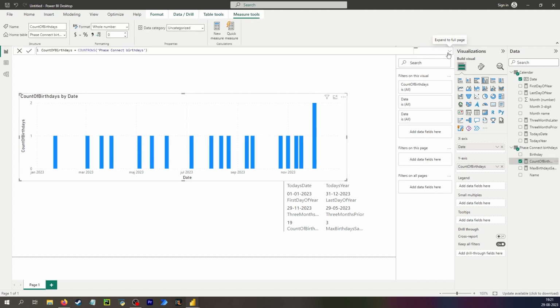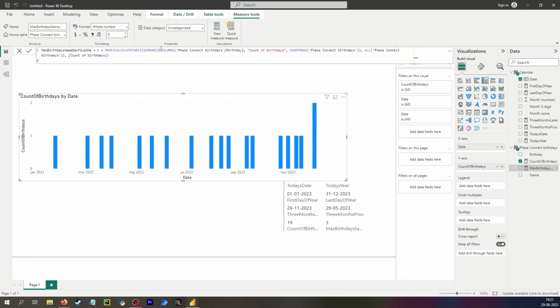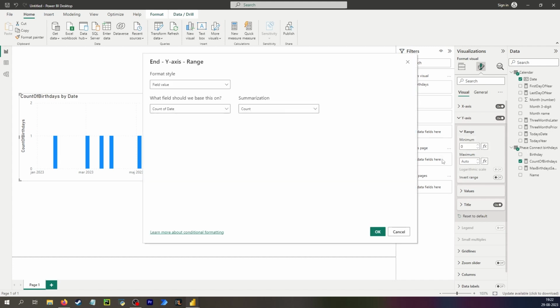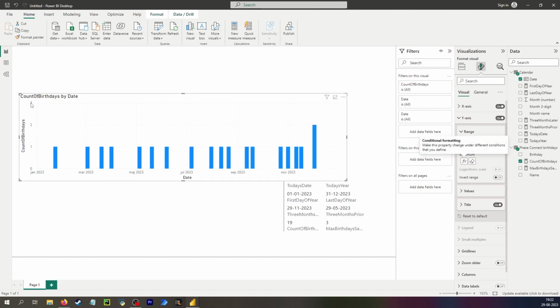And if you have to write this yourself, I'm sure some people can do this, but I can't right now. So I would first create that table using summarized columns and then add my extra column. And then I would evolve it by adding the calculate table. And then you can use the max to get what you want. So now all I have to do is to go into my graph, and say my y-axis maximum should now be a measure called max birthday same day plus 1. So this will always be 3, and if I then go back in and remove that imposter,